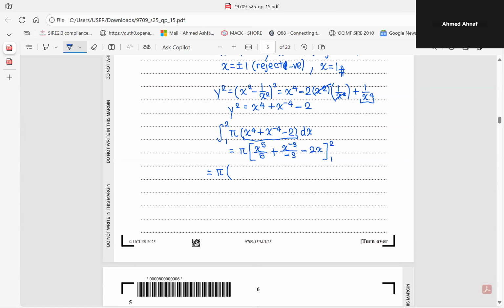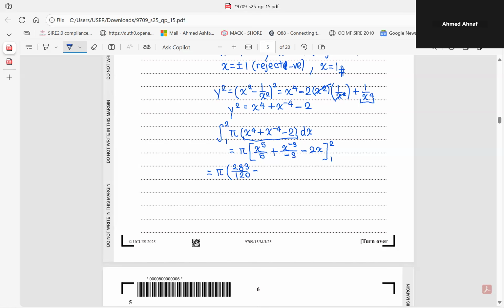So let's put the upper limit first. Just type into your calculator this whole expression. So 2 to the power 5 over 5 plus 2 to the power of negative 3 divided by negative 3, minus 2 times 2. We'll get, okay. So this is 283/120, minus